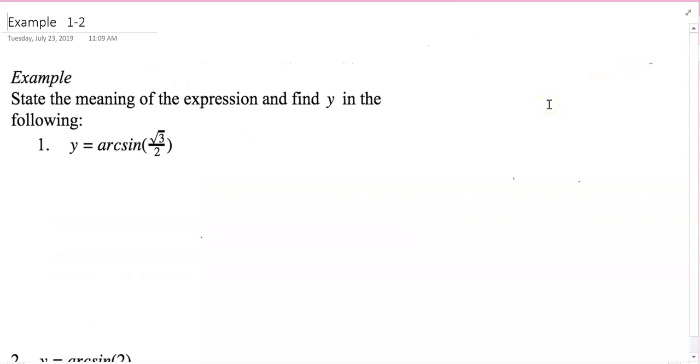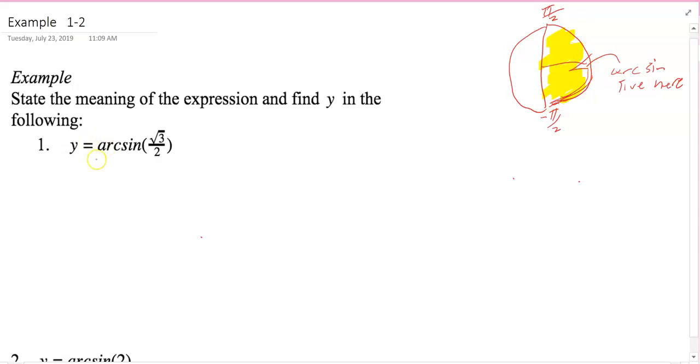Now, one more note is that for this negative pi/2 to pi/2, you can think of the right half of the unit circle, negative pi/2 the very bottom, pi/2 the top. And this is the area in which the sine inverse, or arcsine, lives. You can think of it as living in quadrant 1 and quadrant 4, but in quadrant 4 we're talking about negative angles. All right, so y is equal to arcsine of radical 3/2 means the angle y,